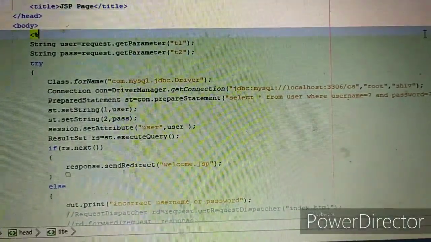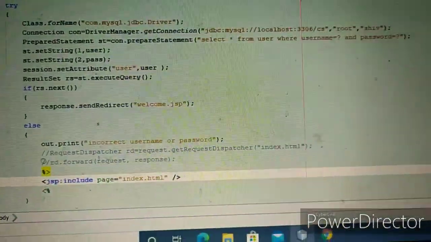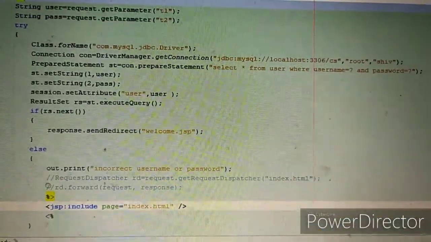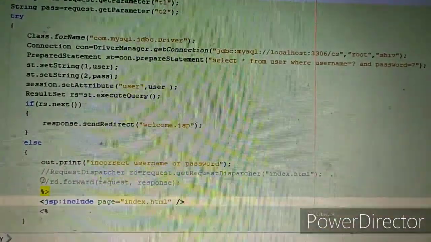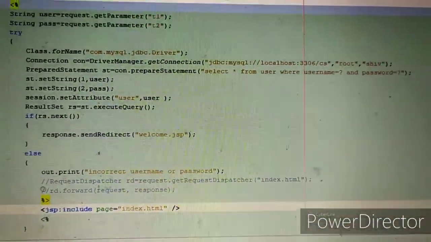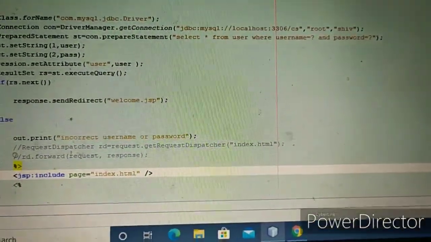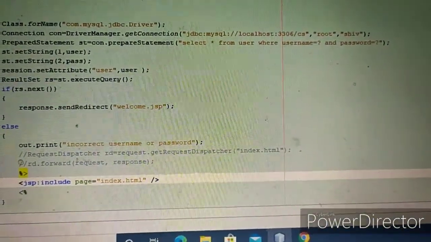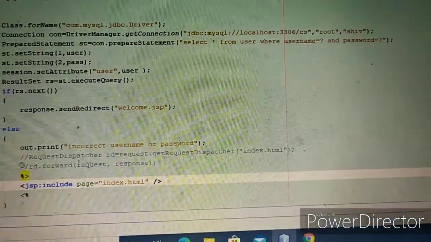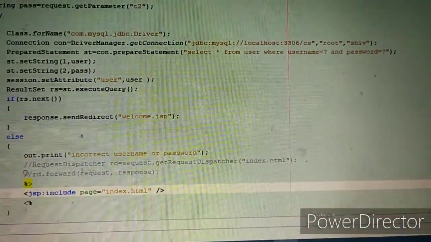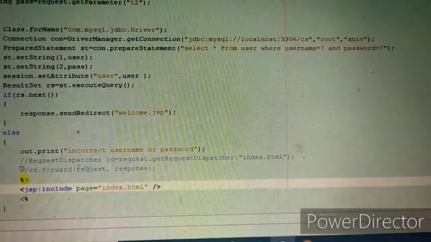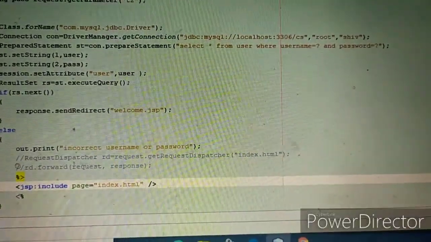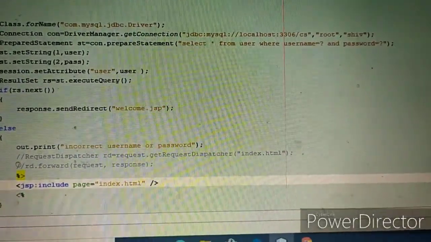So what is our logic in this check.jsp? We have username and password stored in the table. Now we will fetch all the details corresponding to that username and password.